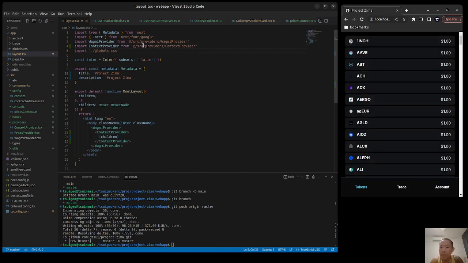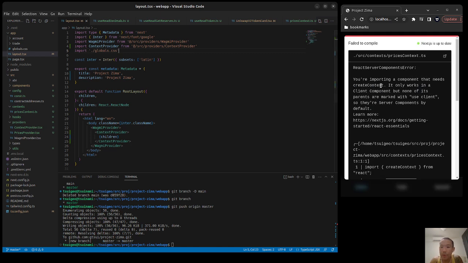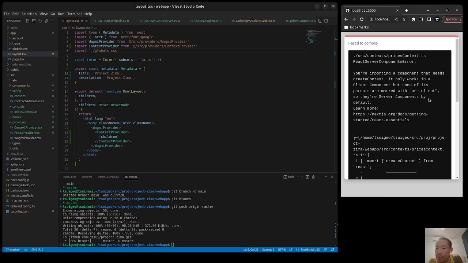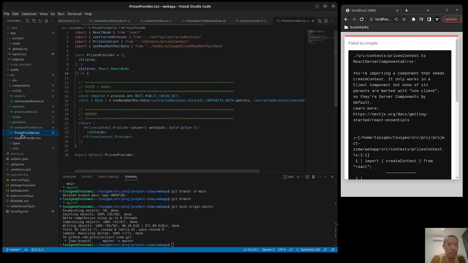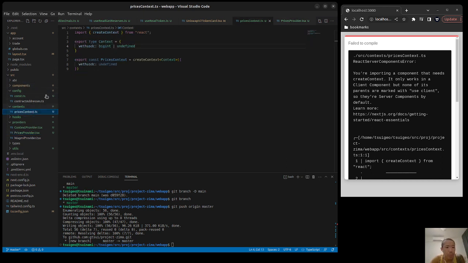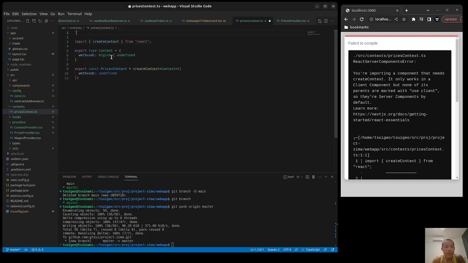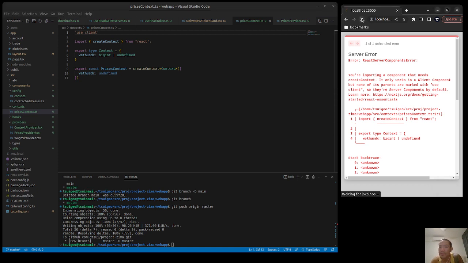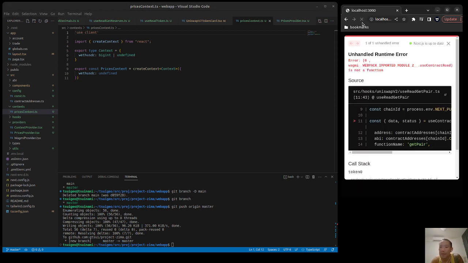All right, we got an issue here, which is, nope, we're good. Oh, no. Marked with, oh, okay, right. Okay, so we need some use client. Okay, where do we need that? Maybe here? Create context rather, use client. Does that fix anything? Come on. useReadGetPair, does that also need to be